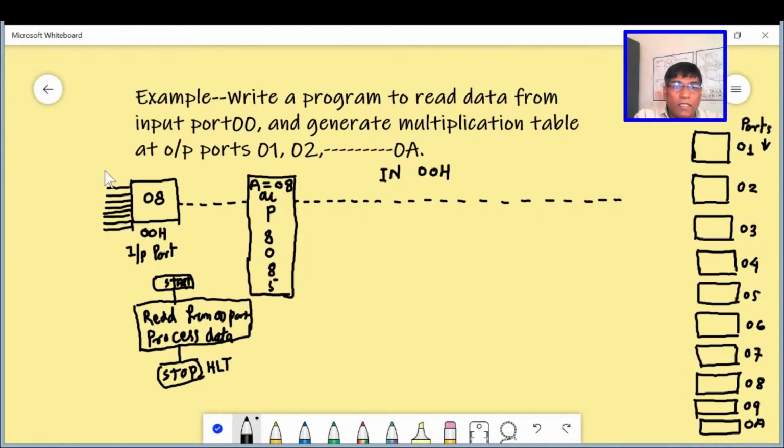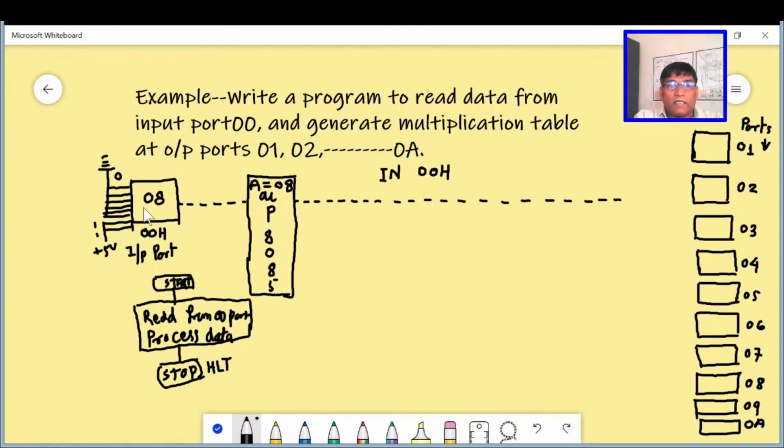We may generate any data, we may generate 0 also, we may generate 1 also. Suppose say all these high bits are connected to earth, that means these are 0, and say these 2 bits, that means D0 and D1, are connected to plus 5 volt, these 2 will be 1 1.